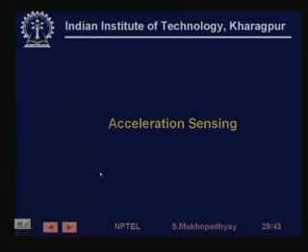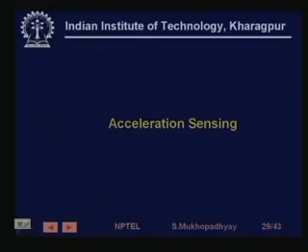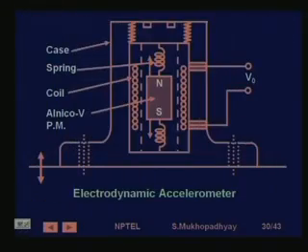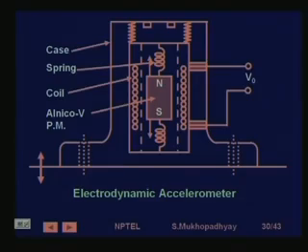Now we come to, so we have seen some methods of velocity sensing. Now we come to acceleration sensing. Acceleration sensing is not very much used in the industry, not too much. Compared to that, velocity and position sensing are much used, and this is a typical configuration of an